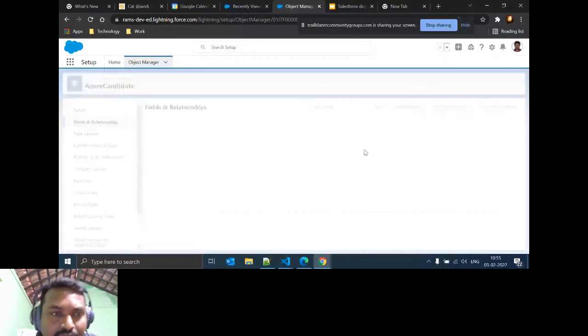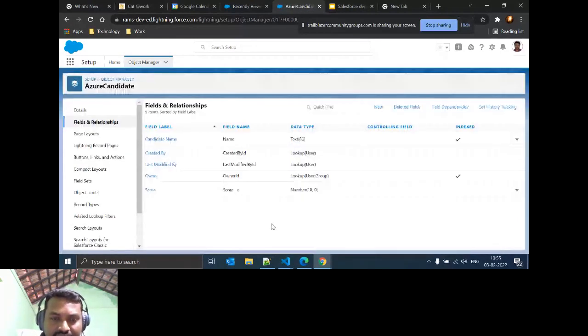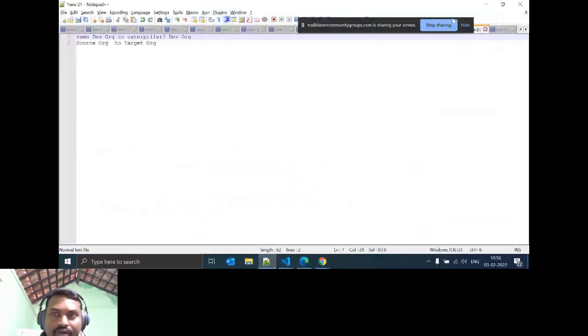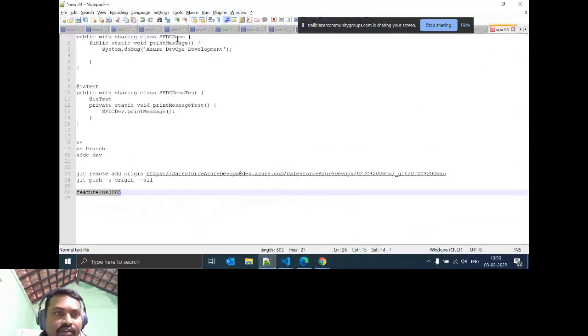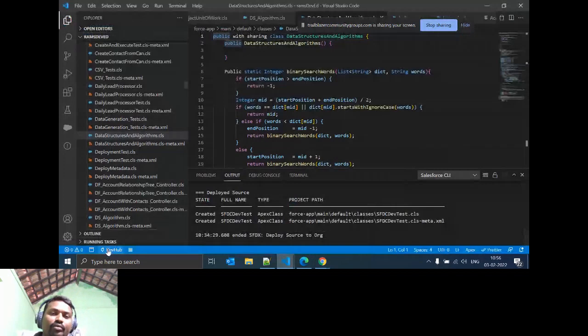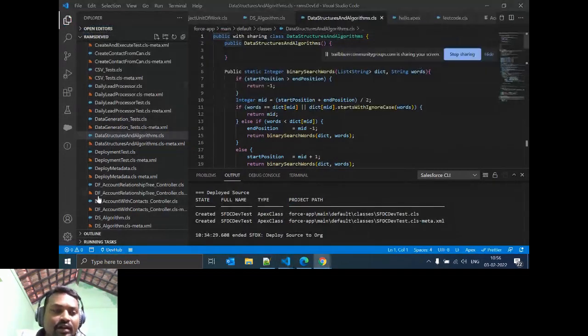Now I am going to create the Apex class. That is the next requirement, the Apex class. I already created an org, I gave it SFDC demo. Here I think somebody is already using VS Code. How do we connect Salesforce here?